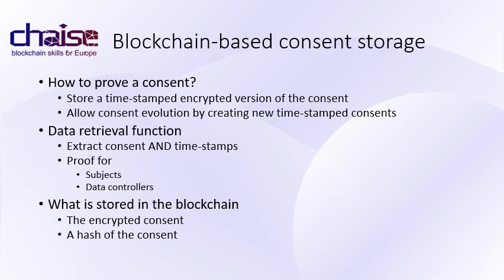Getting several time-stamped consents is also useful for the data controller, as he may provide the proof that at a given time the processes were achieved according to the current consent, even if after these processes the user has changed his mind about the consent. As a consent may be considered as sensitive data, systems often store the encrypted consent and/or its hash so that the blockchain records support the consent approval proof.